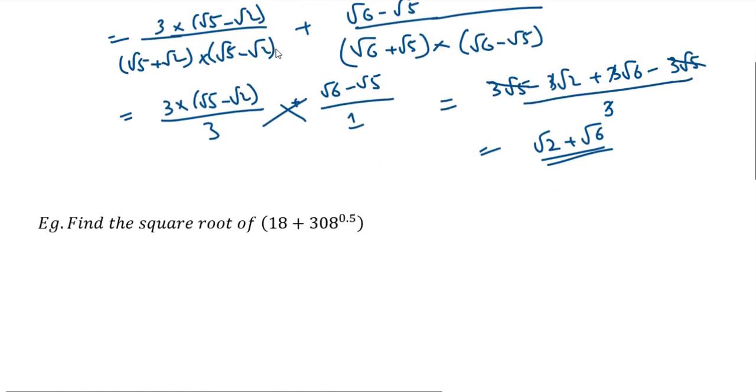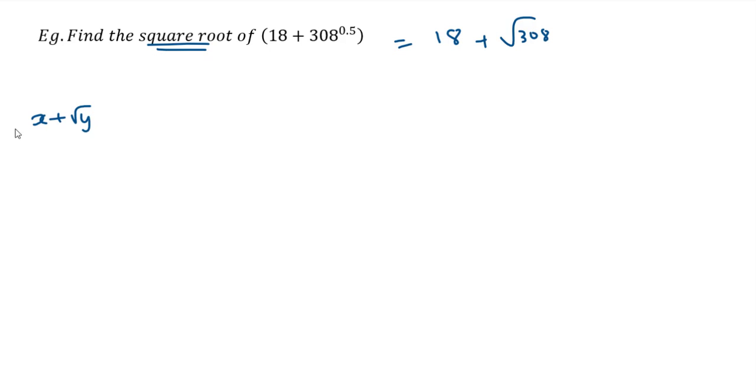Let us now see how to find the square root of a quadratic surd. Now if you notice, this number is given in the form of 18 plus square root 308. So basically this number is x plus square root y, and we have been asked to find what is the square root of this number. So we will have to take the square root of this number. Now how to find the square root of a number which is of the form of x plus square root y? So for that we'll assume the square root as root a plus root b, and then we'll square both